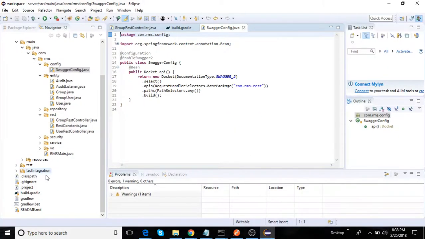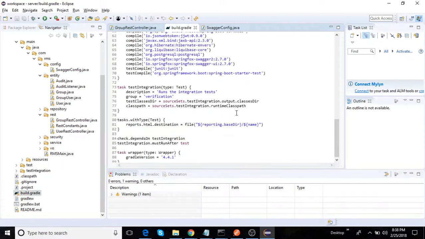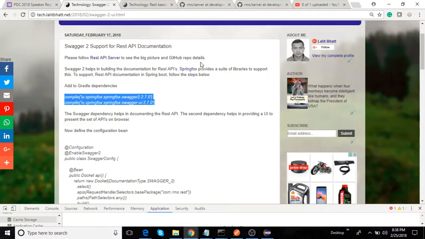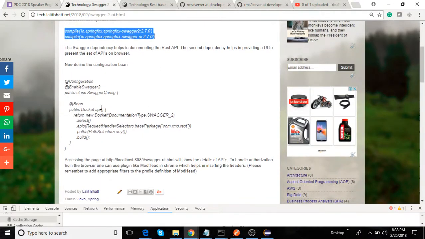So I have done it here. If you go in build.gradle, you will see these two dependencies out here. These are from SpringFox, and they provide the support for Swagger, basically provide the support for your REST API documentation. Then make a config file